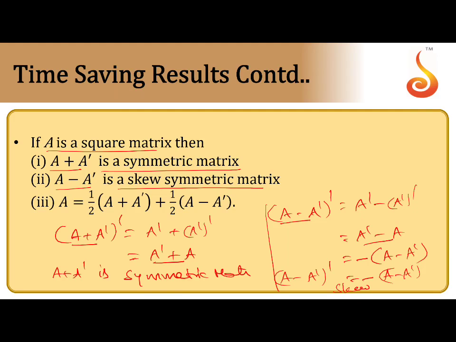Then every square matrix can be expressed as the sum of a symmetric and a skew symmetric matrix. A square matrix can be expressed as the sum of a symmetric and a skew symmetric matrix. It's already a property at the PU level. So I hope this concept is clear. With the help of this concept, we can solve the questions. Okay, so that's all the synopsis. We will solve the problems in another video.